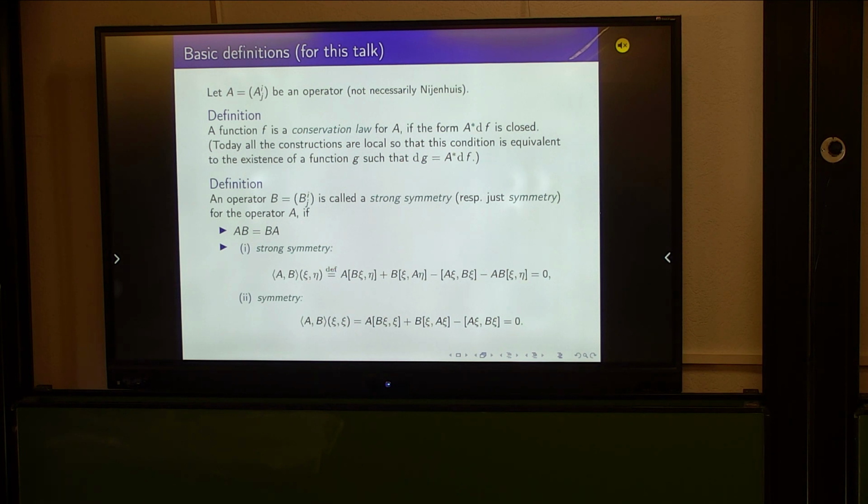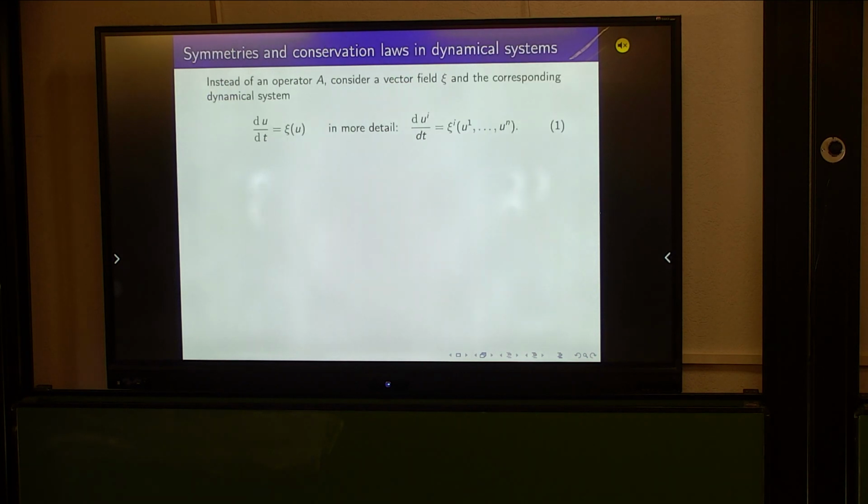So this definition is due to Nijenhuis. So this is strong symmetry if this expression vanishes, and just symmetry if it vanishes not for arbitrary vectors psi and eta, but for psi, meaning that the symmetric part of this bracket vanishes. Okay, so now I still need to explain the meaning of these two definitions, and maybe I will start with something